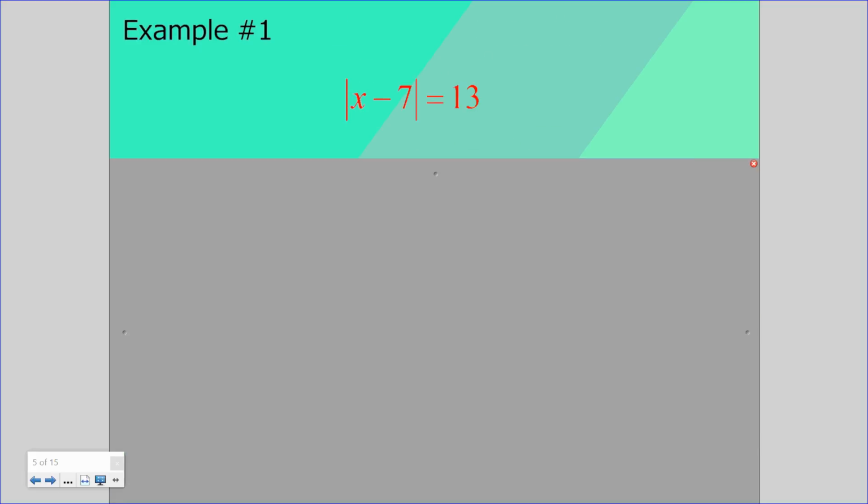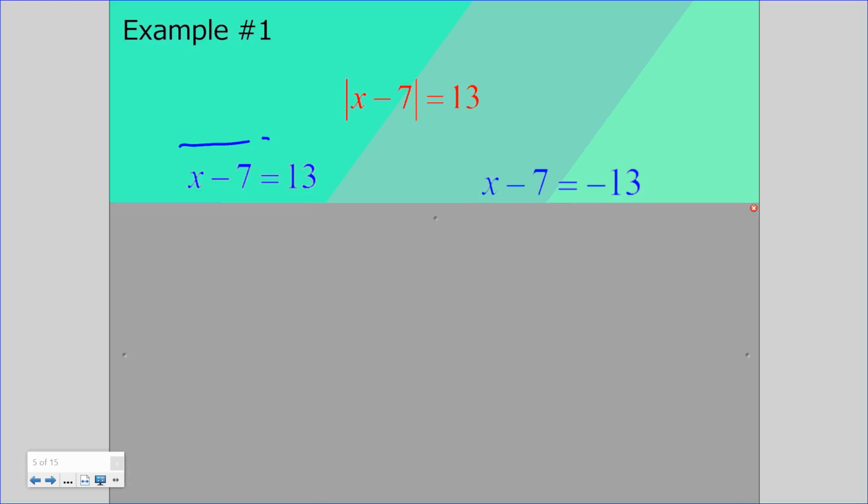Okay, so here's our first example. Step one is to isolate the absolute value bars, which is done for us. So from here, we will set up two equations. You just take whatever's in the absolute value bar and write that twice, keeping that part the same in both equations: x minus 7 equals, and one will be set equal to the positive answer, and the other we will set equal to the negative of the answer. So I've got one equation as x minus 7 equals 13,